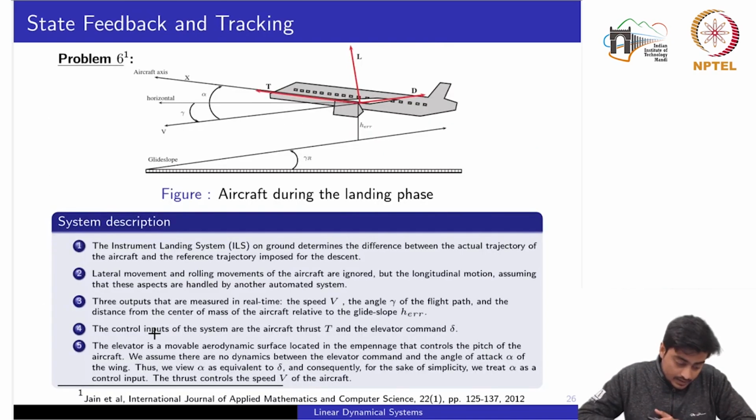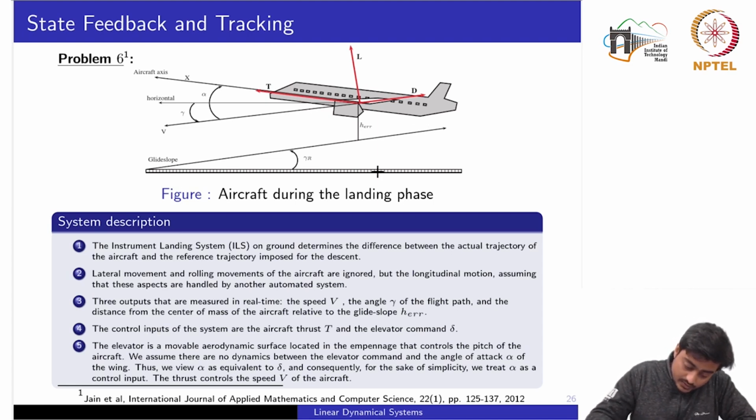Now the last problem deals with state feedback and tracking. So this is a more practical example where we have considered an aircraft during the landing phase. Okay, let's recall this system description. So this is the ground. Now there is some glide slope where we want to land this aircraft along this trajectory, and afterwards it will